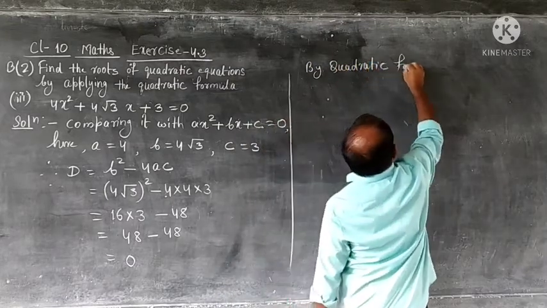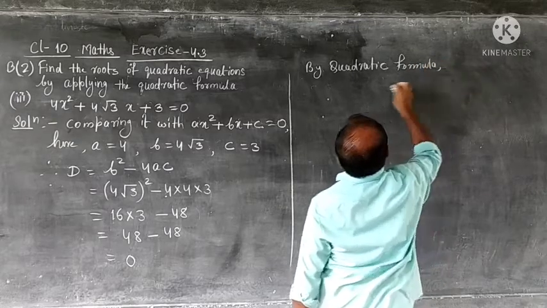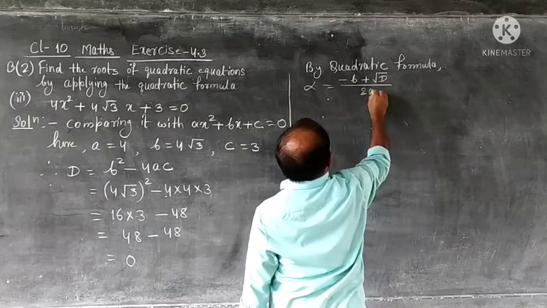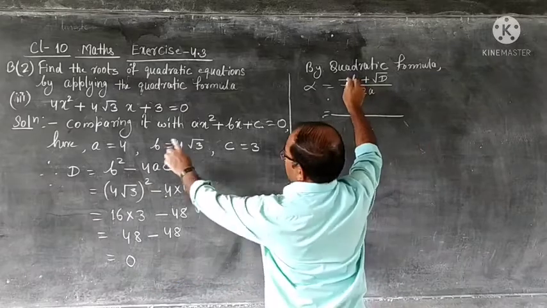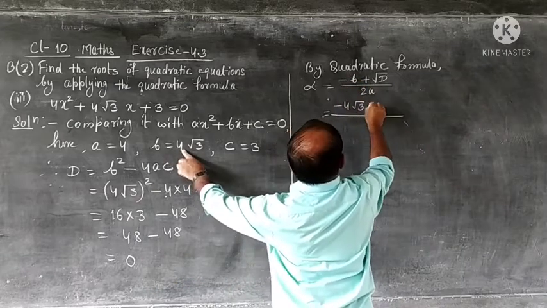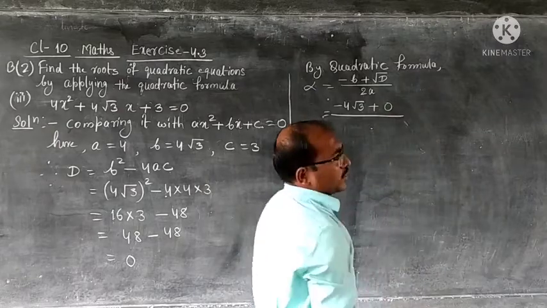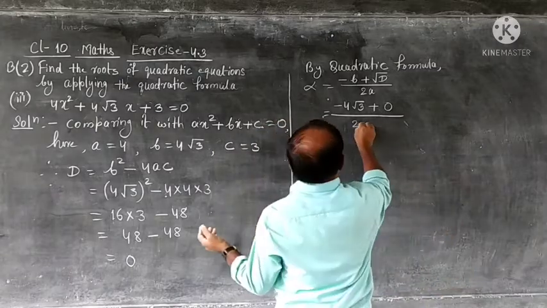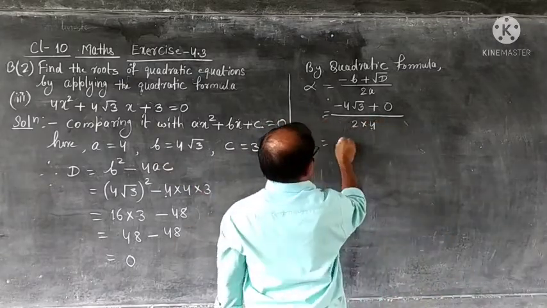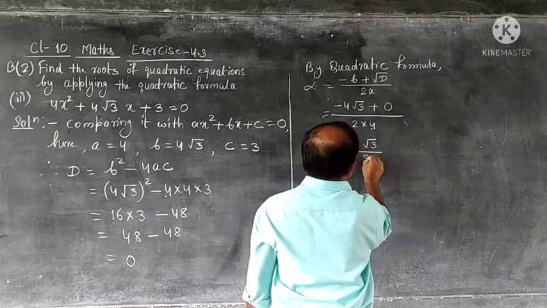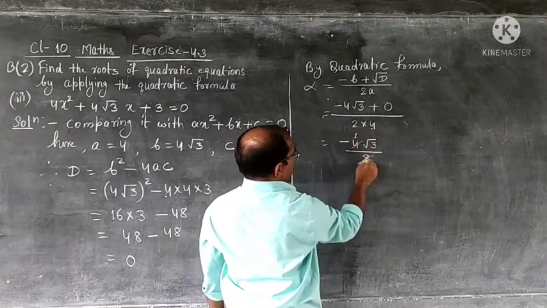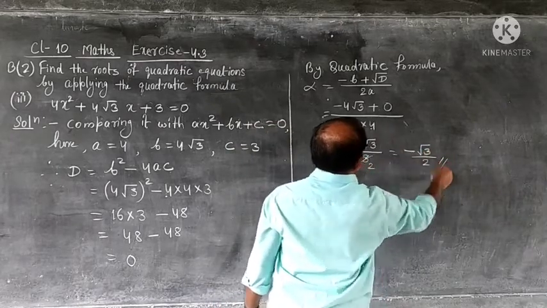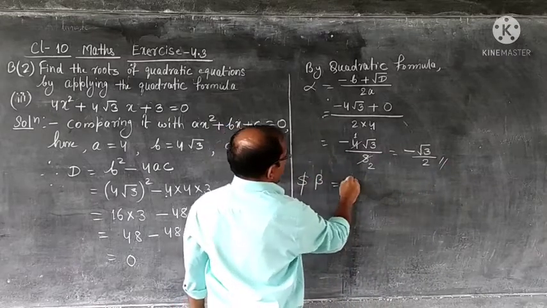By quadratic formula, first root and second root, that we have denoted with alpha and beta, minus b plus root d by 2a, minus b minus 4 root 3, root d, that is 0. We will not put root 0, root 0 is 0 only. Then 2a, 2 into a is 4, we get minus 4 root 3 by 8, 4 1s are 4, 4 2s are 8. So, first root we get minus root 3 by 2,